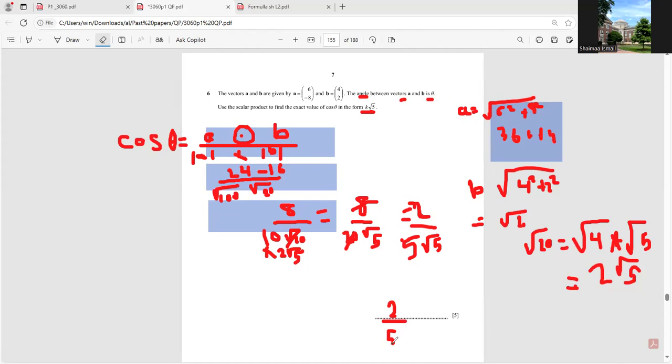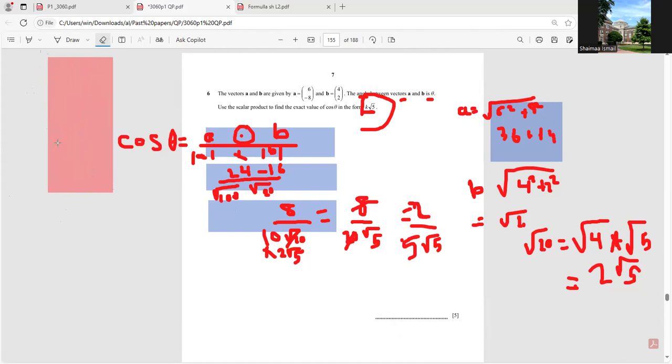5 root 5. And actually, we're not going to leave it like this. We're going to kick the root in the denominator just to leave it in the form that he wanted. Here he wanted a form. Don't forget the form, not to lose a mark. So here, I'm going to simplify this root. So the answer was